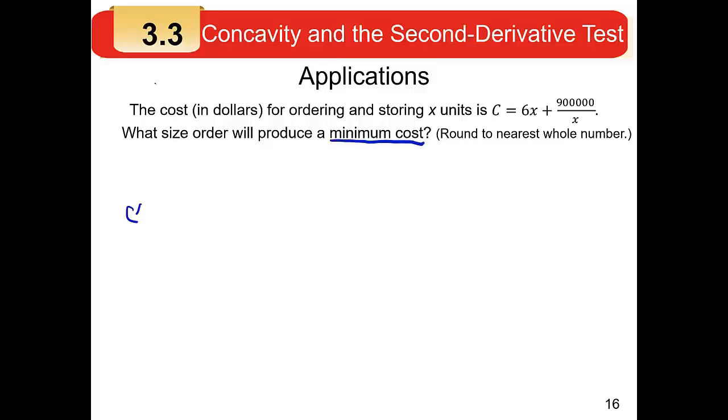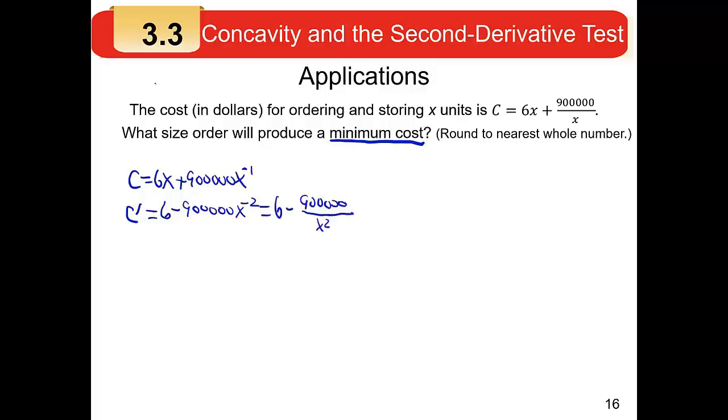First of all, when it says minimum, you know you're going to be taking the derivative. It says minimum cost, so we'll be taking the derivative of the cost function. Now the cost function has a fraction in it where the denominator is X. I would highly recommend rewriting that to make it a negative exponent. So instead of using the quotient rule, you'll end up using the power rule, which is much easier. If you write that 900,000 divided by X as 900,000 times X to the minus 1, the derivative is fairly simple. Minus 1 times positive 900,000 is negative 900,000, and then you decrease the power by 1, which makes it minus 2. Now, once you do it, you probably want to change it back,